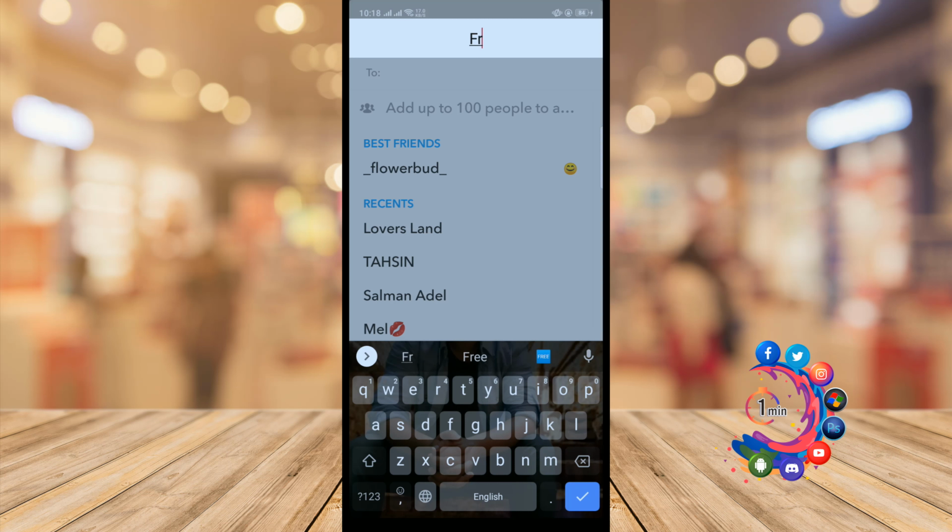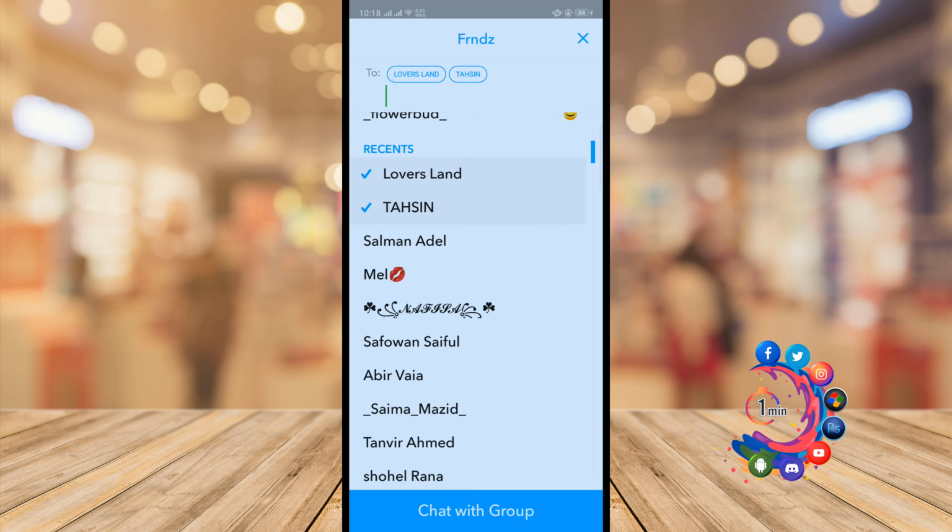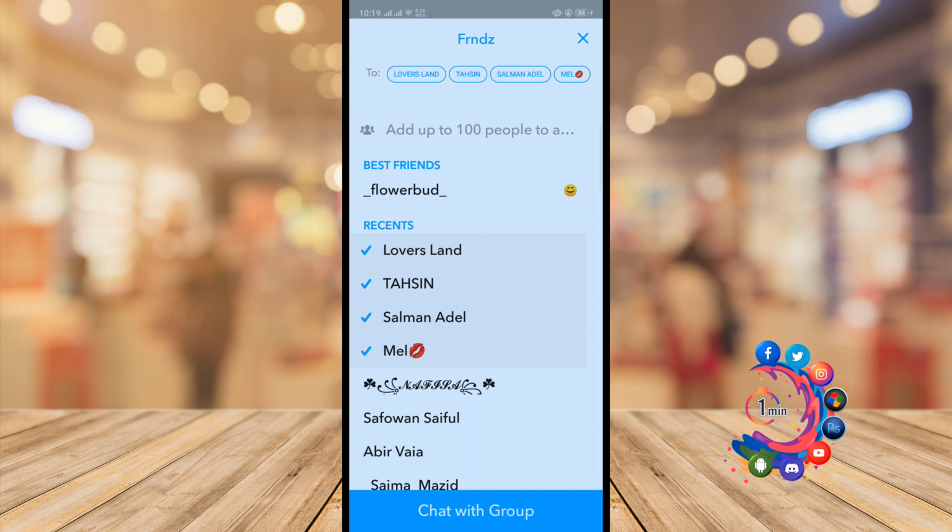So I'm giving my group name here, and now here you have to add your group members. So I'm selecting members from here, and then click on chat with group,